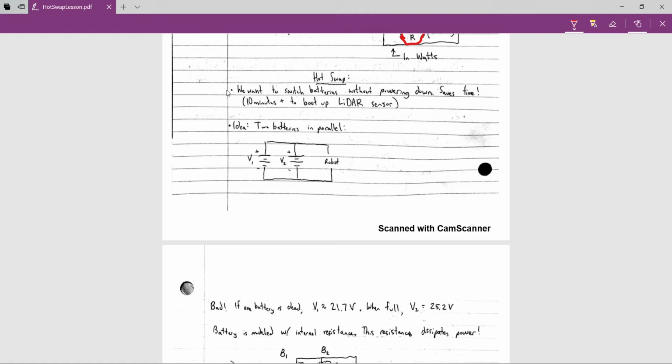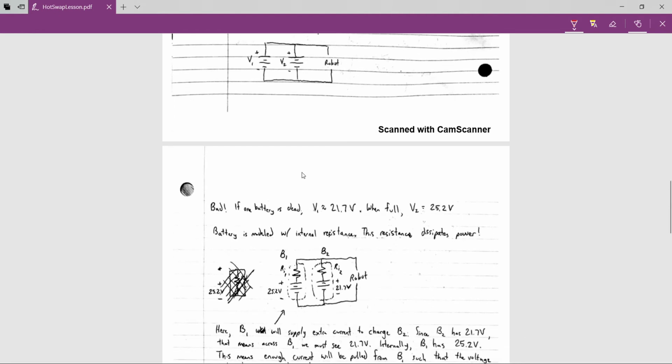One way of doing this, and the first way that comes to most people's minds, is to just put 2 batteries in parallel. Say I have V2, this battery here, plugged in, and V1 is not yet. But V2 is getting drained, it's really low, so I say, okay, I'm going to plug in V1, and then I'll take out V2. It seems like maybe it should work. The issue is that these 2 batteries will have different voltages, right? If this one's drained,